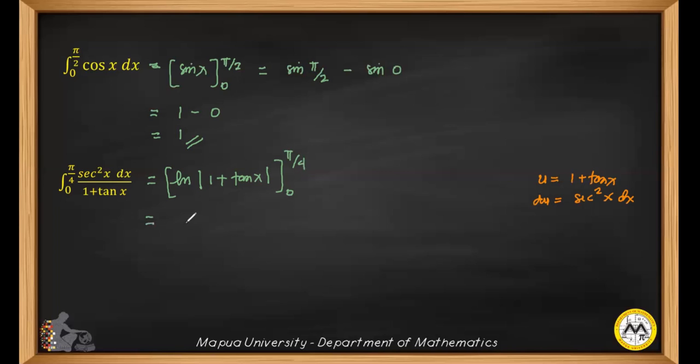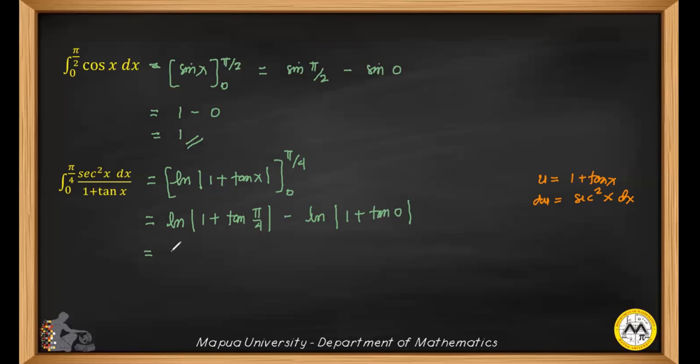And this is equal to the value of the indefinite integral at the upper limit pi over 4, so that we will have natural logarithm of 1 plus tangent of pi over 4, minus the value of the indefinite integral at the lower limit 0, giving us natural logarithm of 1 plus tangent of 0,